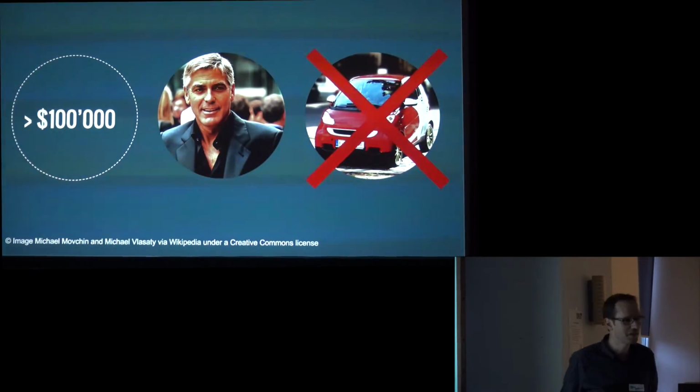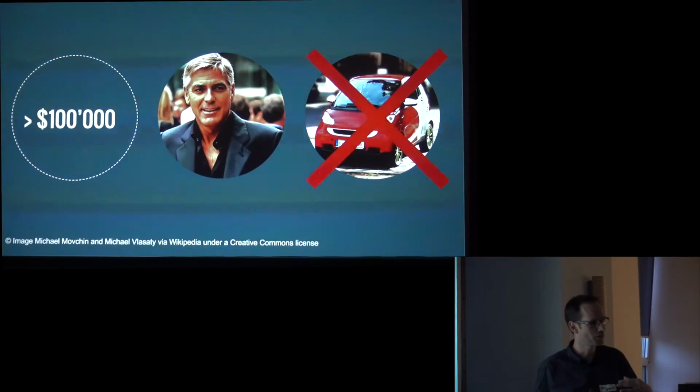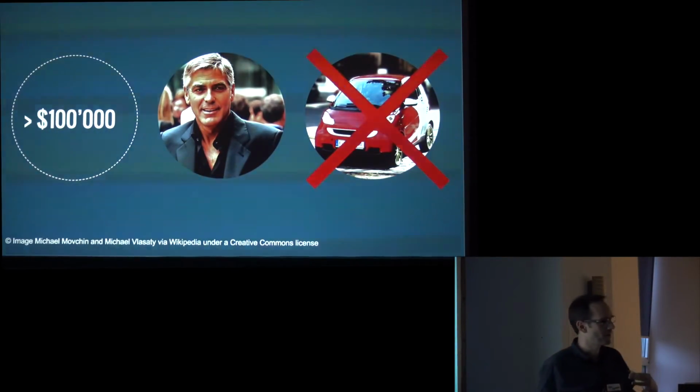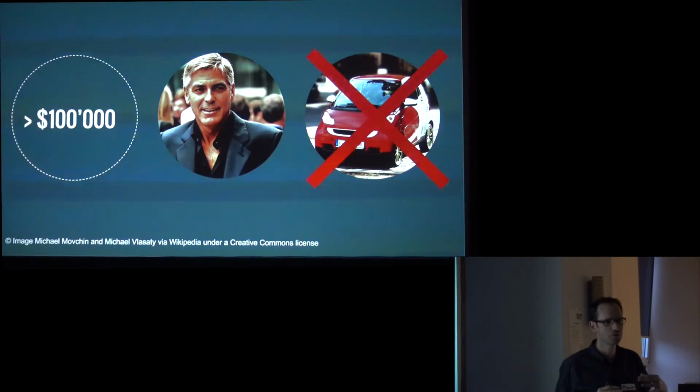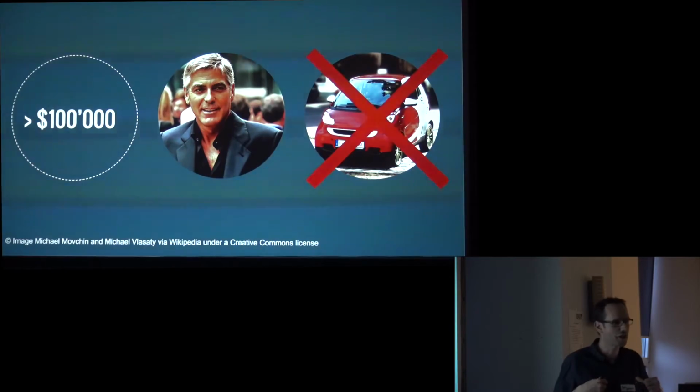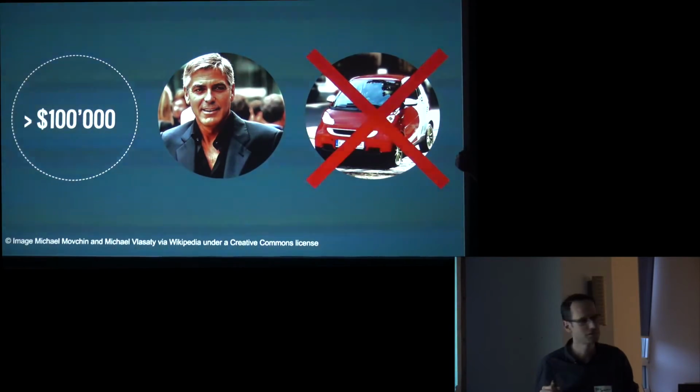The point I'm getting at here is to be very aware of who your early adopters are and what's important for them. And it might not actually match up with the end game target audience you have, because the end game target audience of Tesla is essentially me. And I'm not the same as George Clooney, unfortunately.